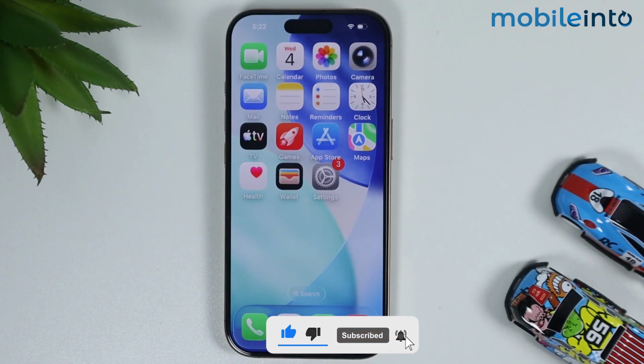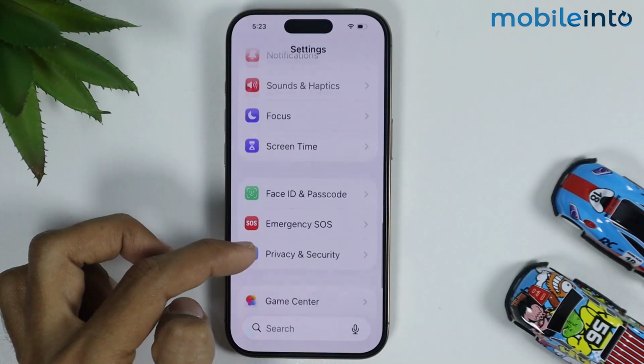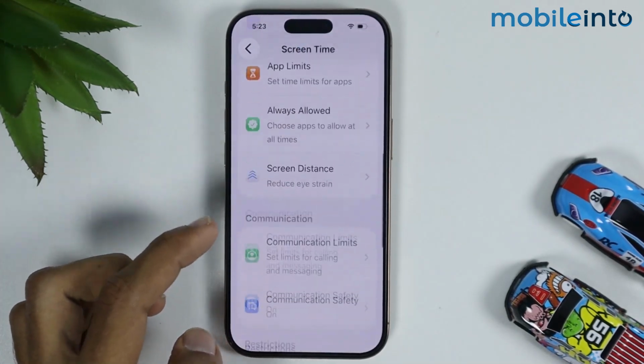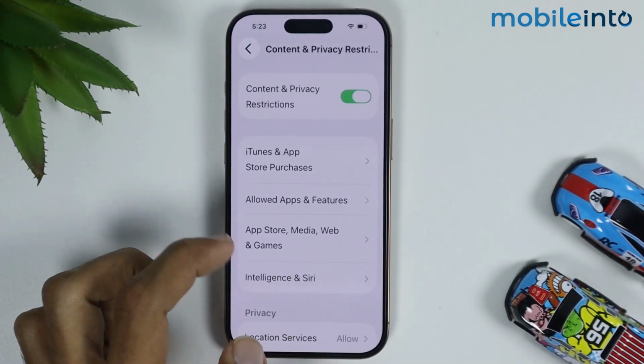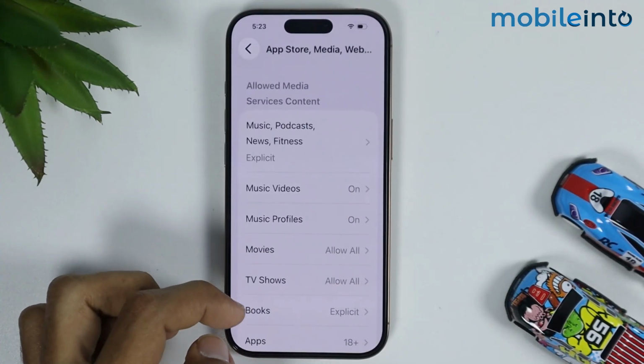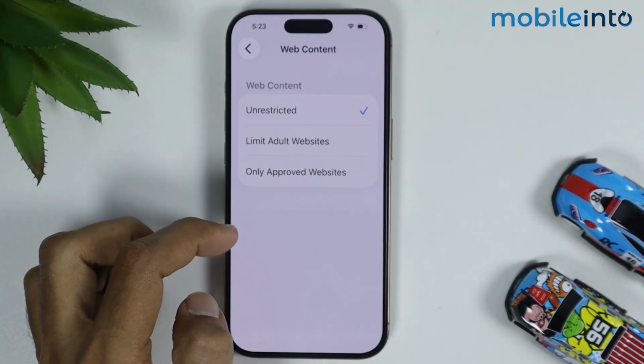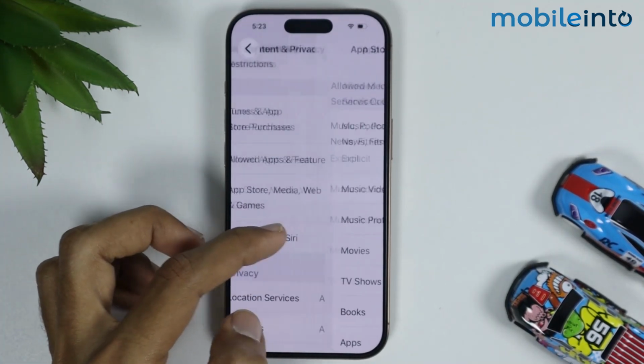After you get the password of the parental controls, go to Settings, and under Settings, just tap on Screen Time. From here, just tap on Content and Privacy Restrictions, then tap on App Store Media, Web and Games. From here, just tap on Web Content and select Unrestricted. Now after you do that, go back to the main settings page